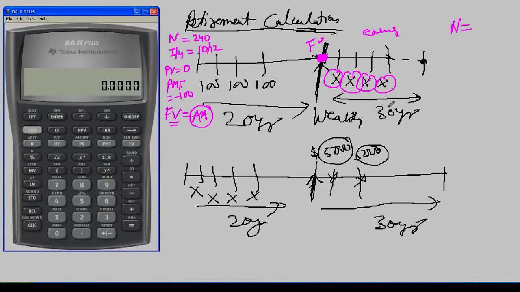How much is N? 30 years you are living, so 12 into 30, 360. What is I by Y? Assuming that he is keeping the same investment account. However, people can have a different investment account also, because when they are retiring, they can put it at a lower interest rate. They want to have it safe. They can put it at the lower rate, but here we are assuming it is the same 10.